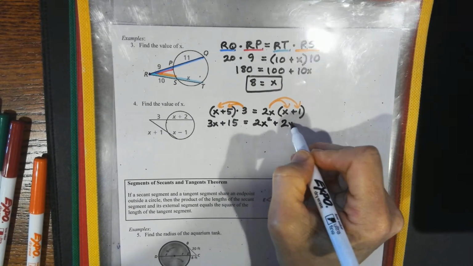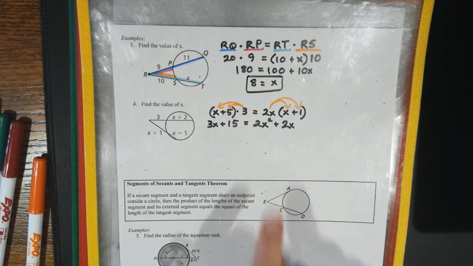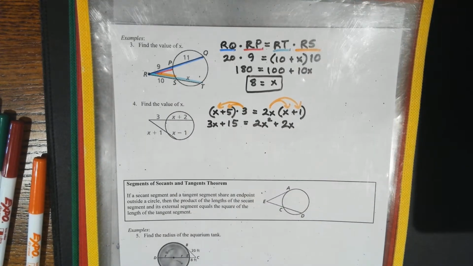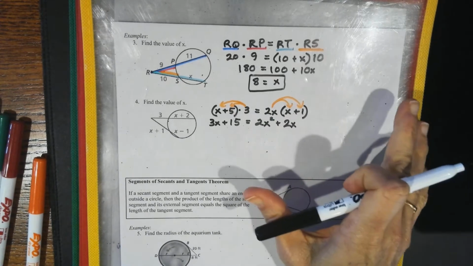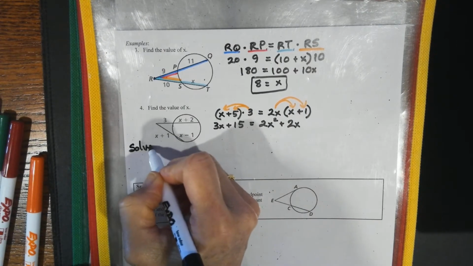Okay. Now, we have 3x plus 15 equals 2x squared plus 2x. This is going to be a problem. You may recognize that as a quadratic. Anytime you have an x squared thing and you can't undo it with a square root, which you can't here, then your best strategy, and this is part of why this lesson is going to take a little longer, if you want to solve a quadratic,